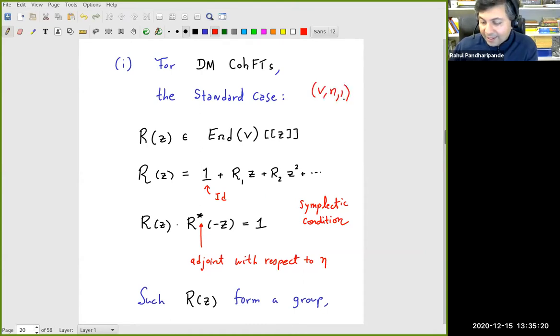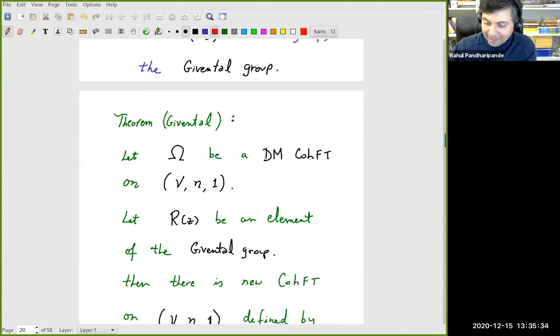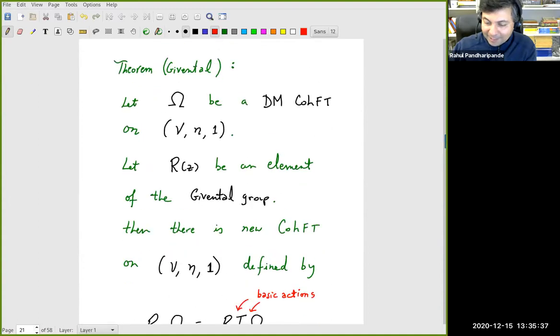And you can check that the set of R matrices that satisfies all this forms a group, and particularly there's the identity, etc. All right. And so this is called the Givental group, and it's a theorem that's implicit in many places, but let's say it goes back to Givental, that if you have a Deligne-Mumford CohFT with this data, and I have an element of this Givental group, then there's a new CohFT